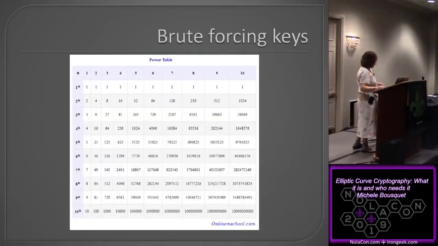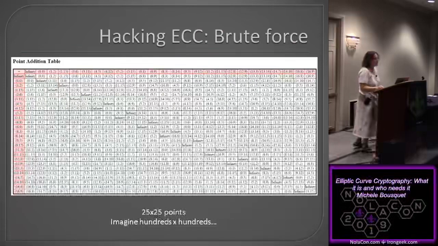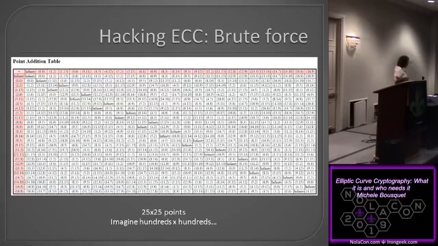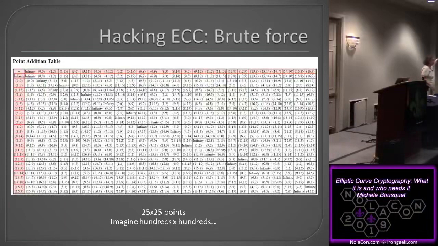So remember we talked about brute forcing keys when you're using modulo, the original type of modulo math. This is a really simple table for how you would hack ECC. You would need a table where this is the addition of the points across the top and the points down the left. And then you have where the two of them meet. Everybody see what I mean? And some of them go to infinity, so you don't use those. A good algorithm won't let you use those.